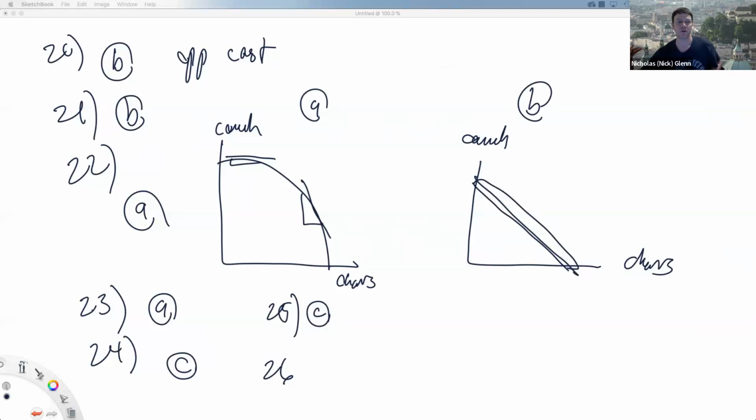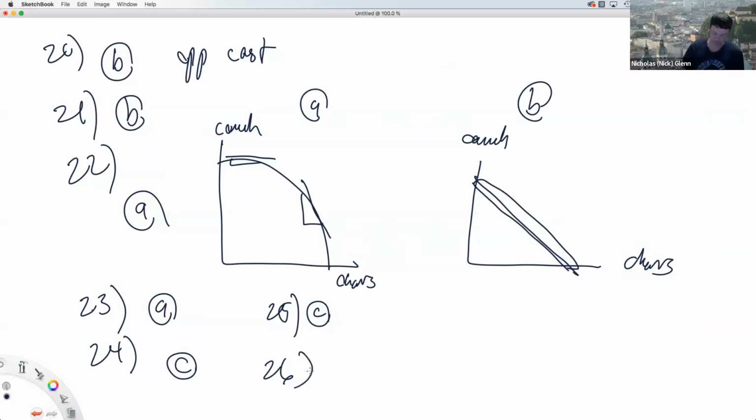All right, 26. 26, the greater the price elasticity of demand, well, it's going to be the greater the responsiveness of quantity demanded to a change in price. All right, you're going to see a big change in quantity demanded from a small change in price. That's because it's really elastic here. Okay. Now, when it's